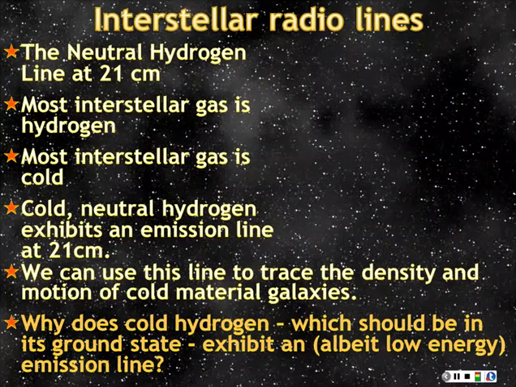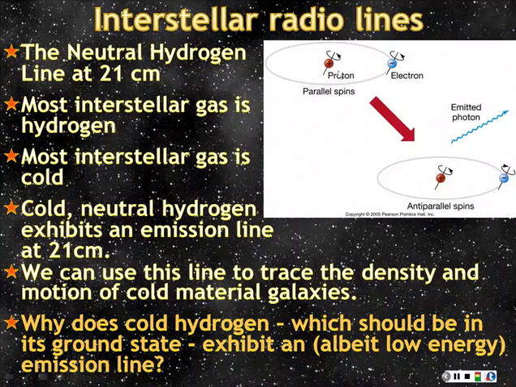Now, the question is, why does cold neutral hydrogen give off radio waves? It's actually to do with the structure of atoms and the fact that electrons and protons have spin. So here we have a proton and it's spinning this way, and an electron is spinning this way. It would be in a very slightly lower energy level if this electron flipped upside down. So now it's flipped upside down, so it's spinning the other way. So the proton is still spinning this way, but now this one's spinning the other way. And that makes it very slightly lower energy. And the electrons will spontaneously do this, and so you get a photon emitted. Actually, one photon doesn't help you, but there's a lot of hydrogen out there,